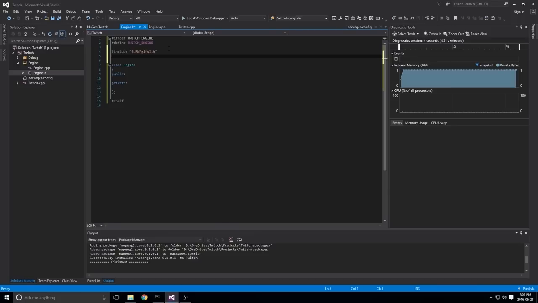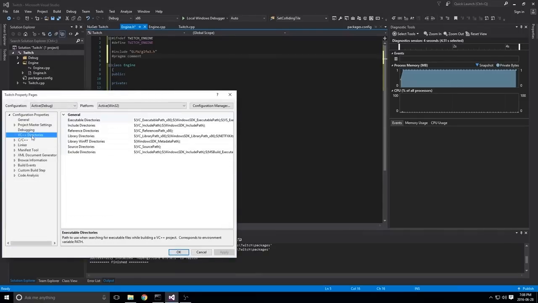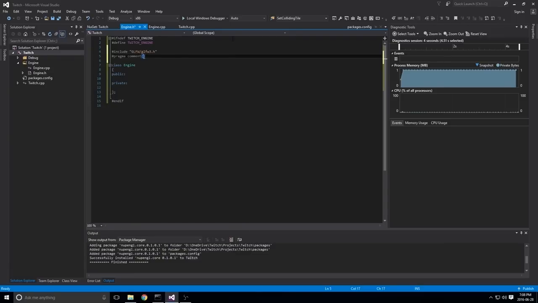Now we also have to link it. This is where I'll use pragma comments. Now I know I literally just said I like being platform independent, and that's why we did these up here. Pragma comments are just a little easier to set up in code. I could go into project, properties, and then VC++ directories and add the library here. But I'm just going to do it this way for simplicity's sake. So we'll go lib, and what we want to actually link to is called OpenGL32.lib.